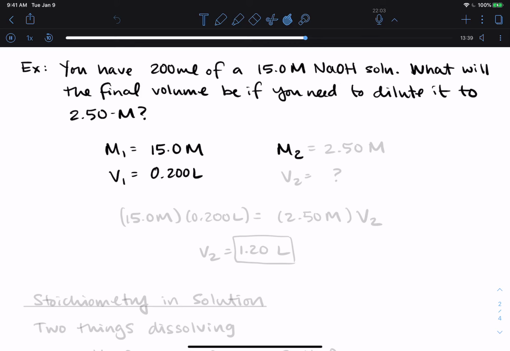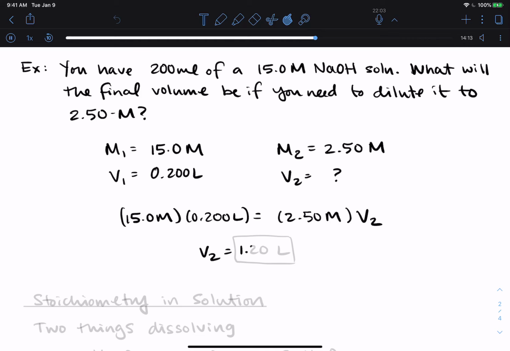And I want to dilute this to a 2.5 molar solution. And volume 2 is what I'm looking for. So I'm looking for what this volume is. So M1V1 is 15 times 0.2 equals M2V2. And if I solve for V2,